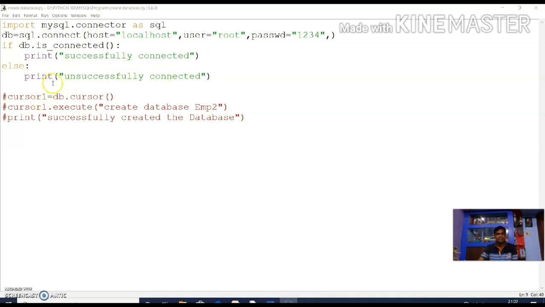After that, successfully connected. You see how the connection is established. Suppose I write up to this, you are checking the connection. Now you come to MySQL.